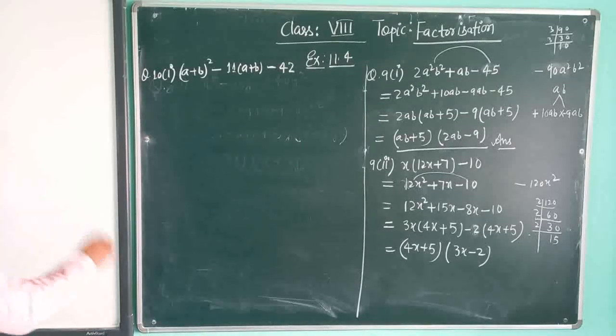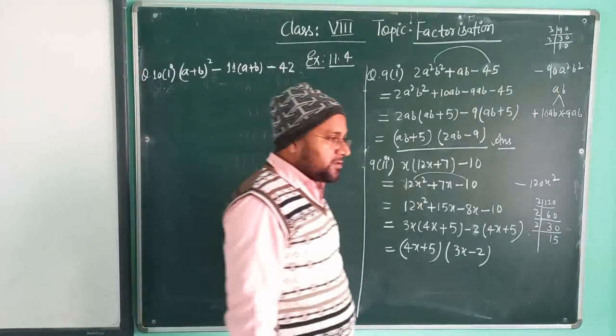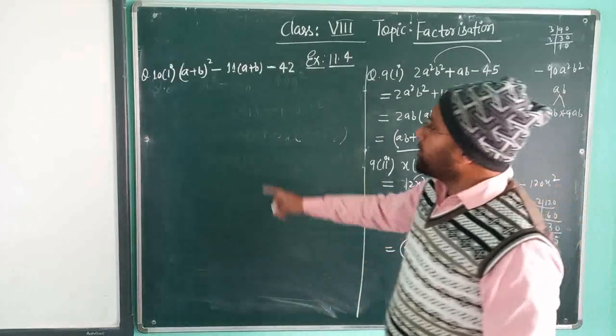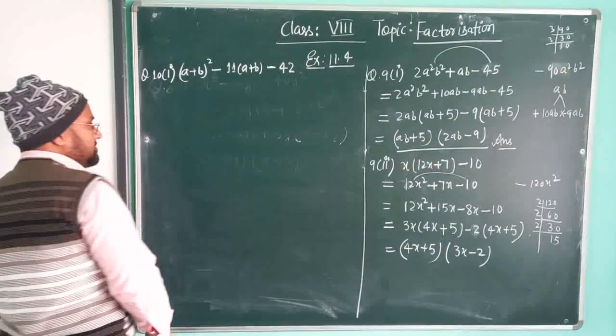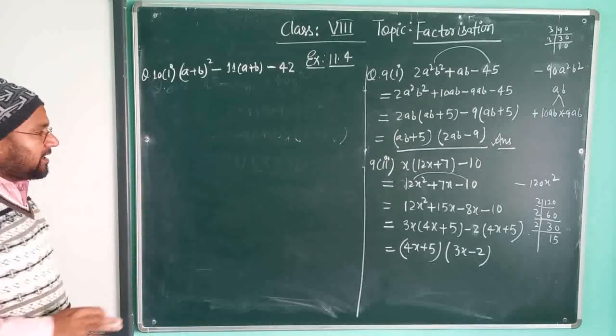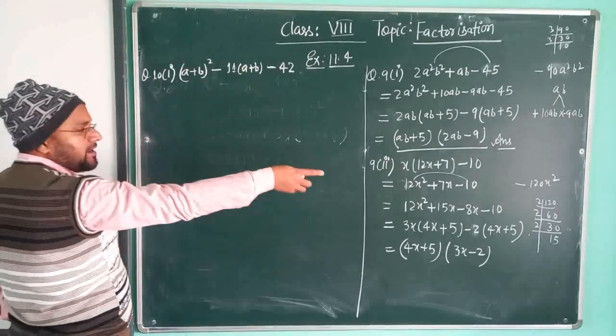So there are two ways to do that. This type of question you can do in two methods. One is to assume or suppose that a plus b is x. I can show you that method also. Before solving with that method, I am going to use the simple one, the same method.